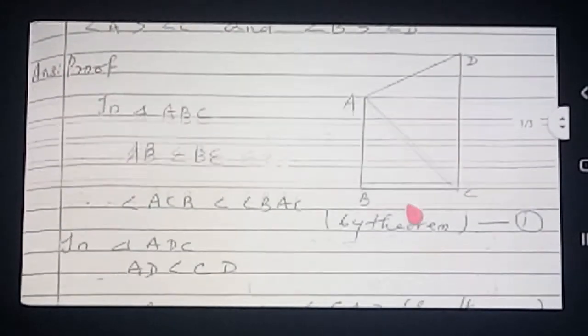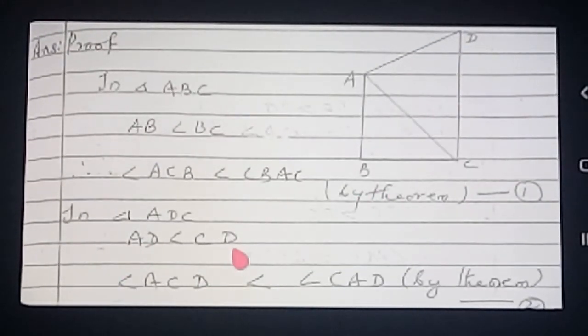So what I have written here? AD is less than CD. Is it clear now? AD is less than CD. If AD is less than CD, again you can apply the theorem. The angle opposite to AD is the smallest one. Which is the angle opposite to AD? See, this is AD. In this triangle, which side is the smallest one? AD is the smallest one. So which angle is opposite to it? C. So how to name it? ACD is less than, same symbol, CD.